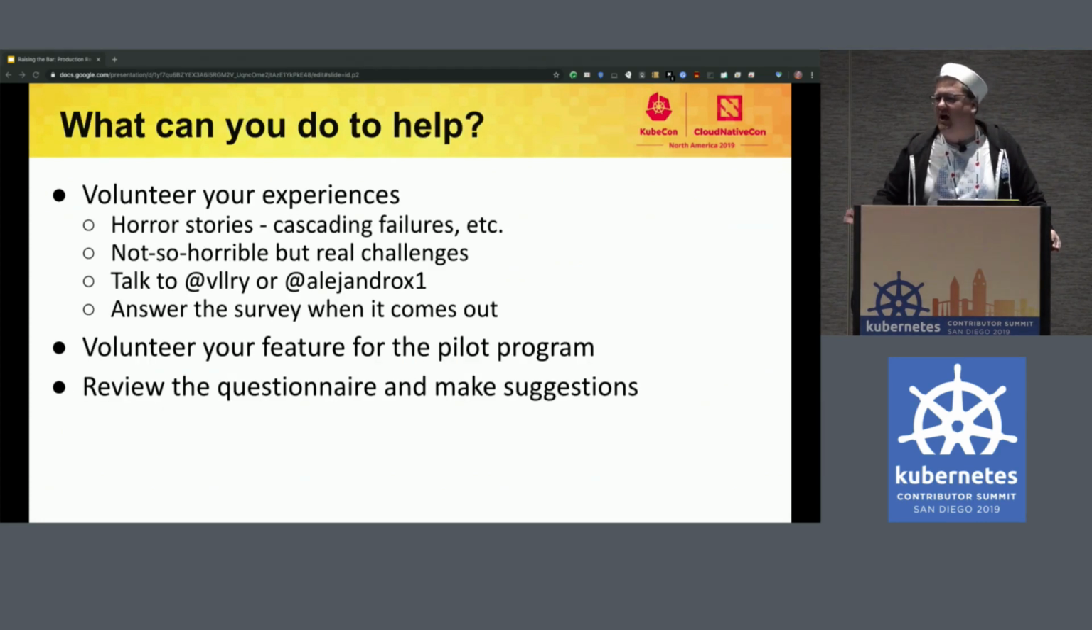So how can you help this process move forward so that we can have a better Kubernetes in the future that's more supportable and makes operators' lives easier? The first thing you could do is volunteer your experiences. As I mentioned, part of this is surveying the landscape to see what kind of pain people have been through. So if you have horror stories or not so horrible stories, but real operational challenges,